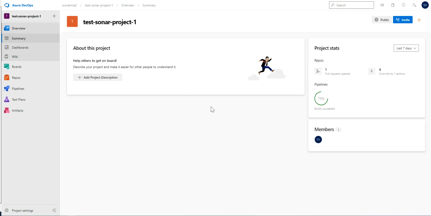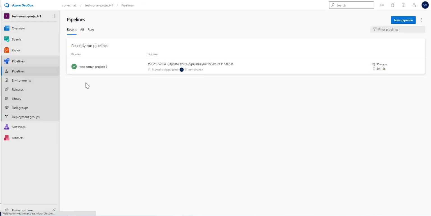I'm switching back to Azure DevOps again. Let us see a sample pipeline where we have defined two parallel jobs, right? This is one of the jobs I have defined. It is simply doing a build, running a SonarCloud job, analyzing the code with SonarCloud, and publishing its reports on SonarCloud. Okay, so let us check what we have defined here, and how we have defined the multiple jobs here.